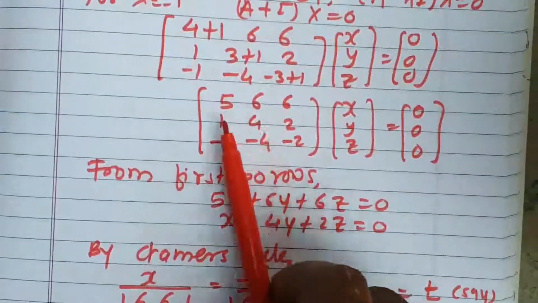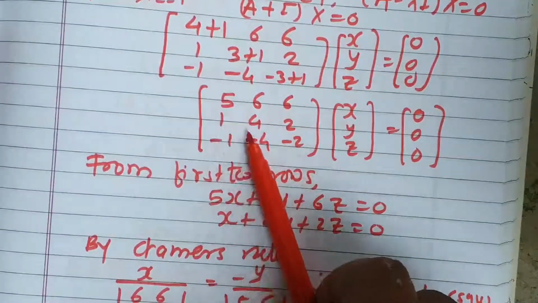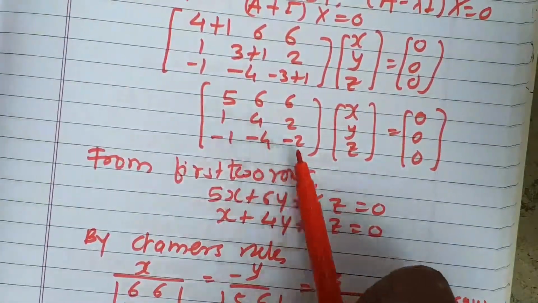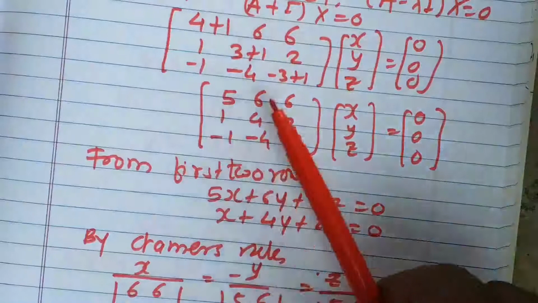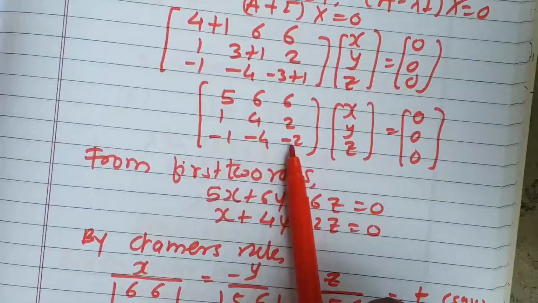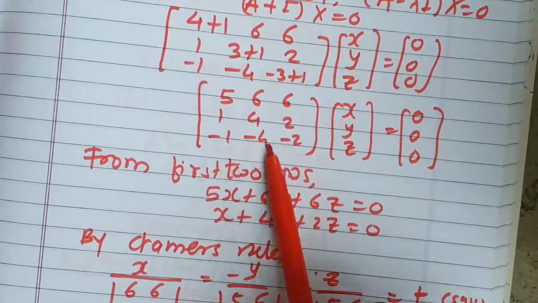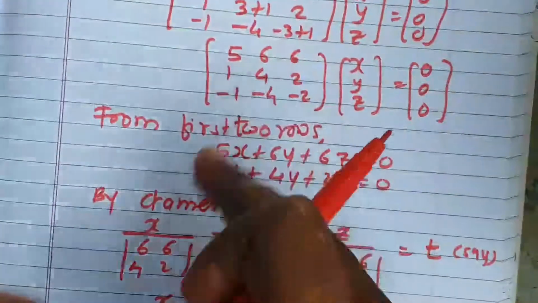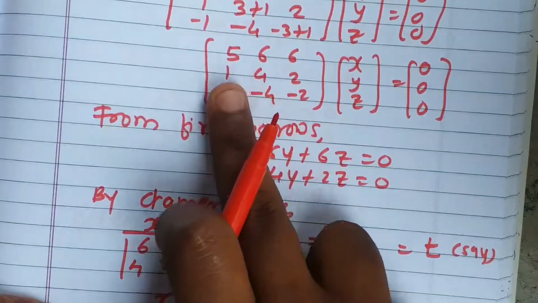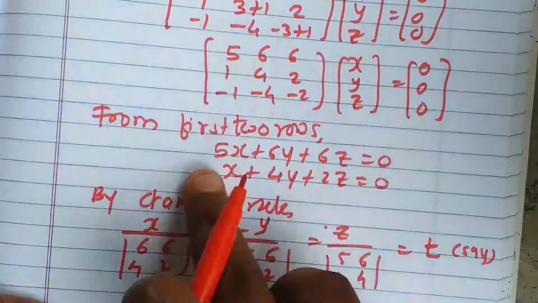Now after putting this value, we will get some matrix. From that matrix you need to obtain two equations in x, y, z. How are we going to write them? Just observe the rows. Row number 2 and row number 3 are similar, right? 1 4 2 and minus 1 minus 4 minus 2, if multiplied by minus 1, the two rows are similar. So those two rows will give us the same equation after equating to 0. The equation from the second row will be x plus 4y plus 2z equal to 0, and from the last row we will also get the same equation.